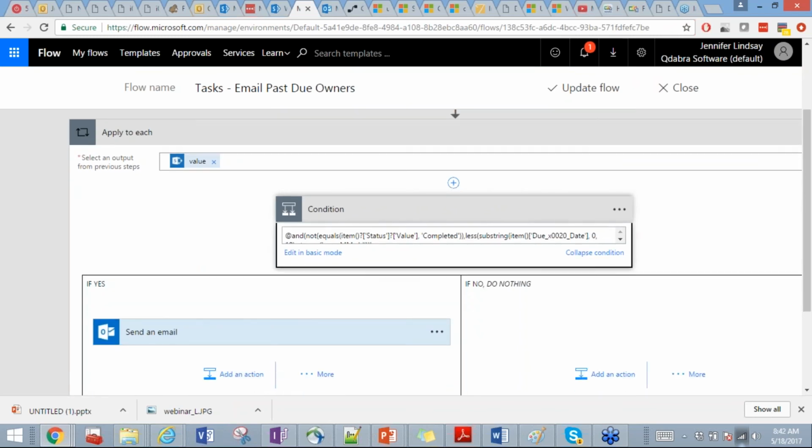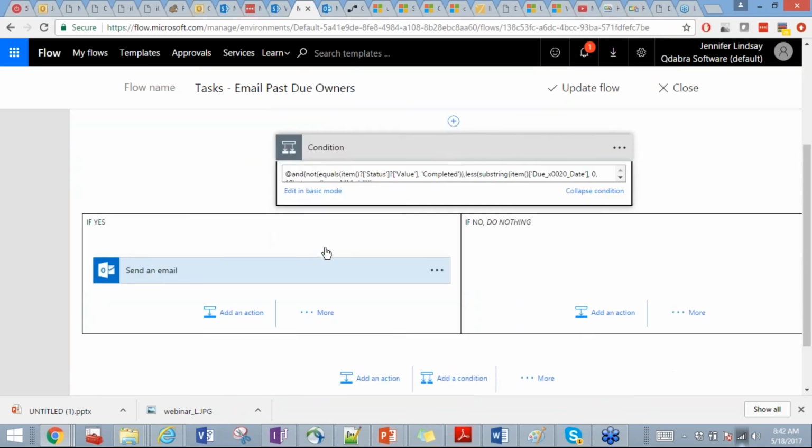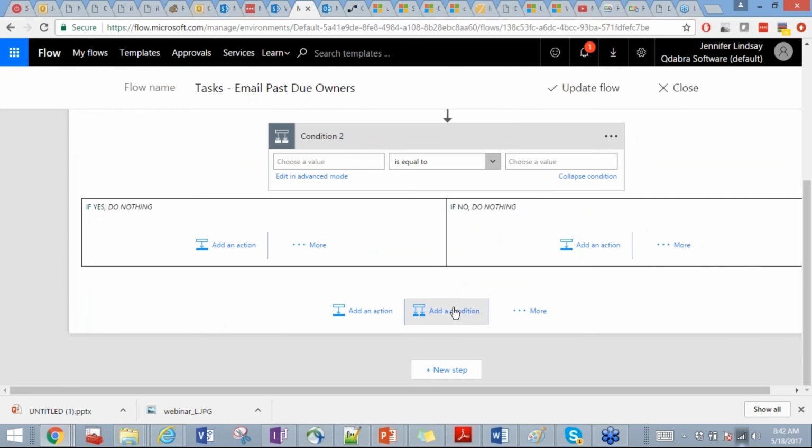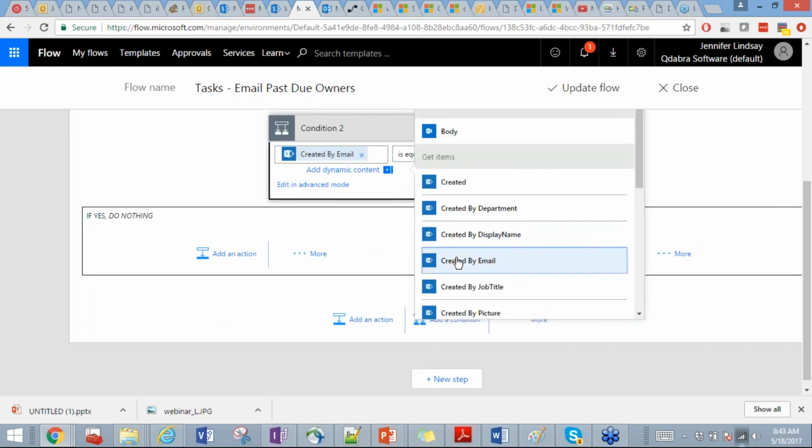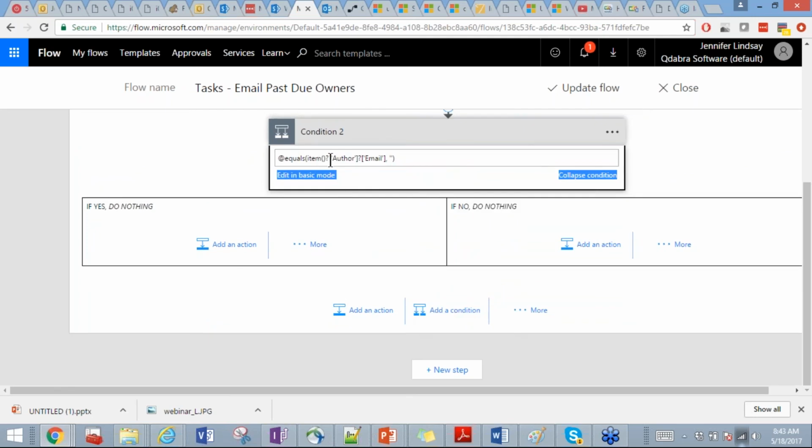Let me just add another fake condition down here. Whatever value you choose, if you just go into advanced mode, it will give you the actual name of that field. That's the easiest way to get it.